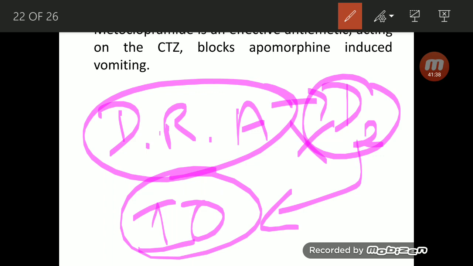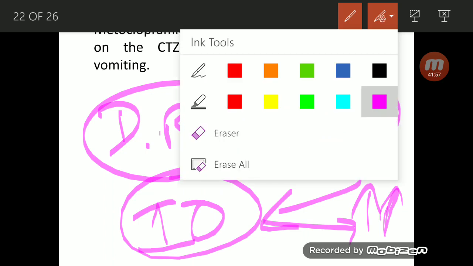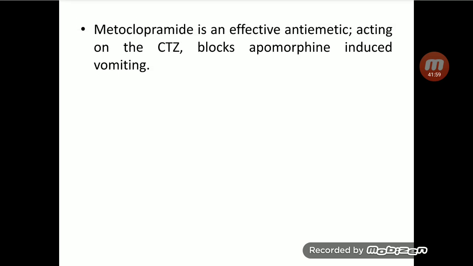So whenever D2 receptor is being inhibited, it in turn tends to increase your peristaltic movement. Okay, so increased peristaltic movement occurs. Okay, so this is all about your